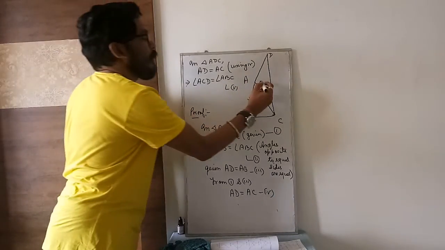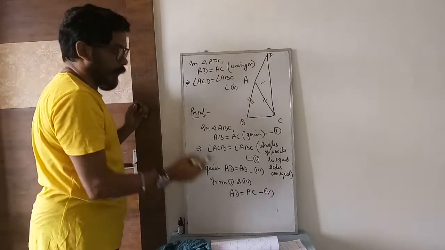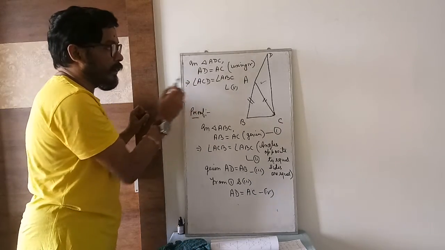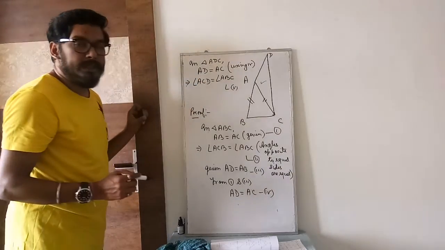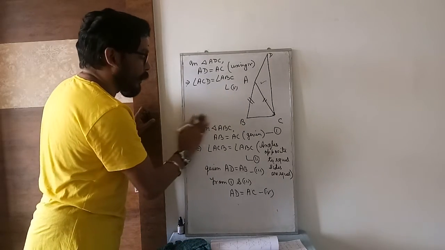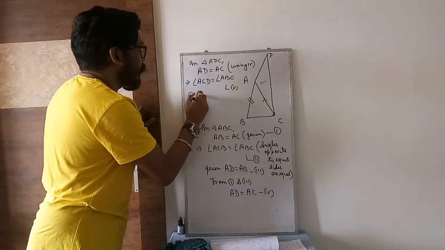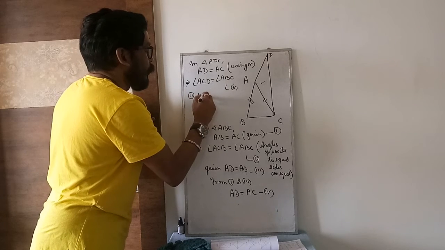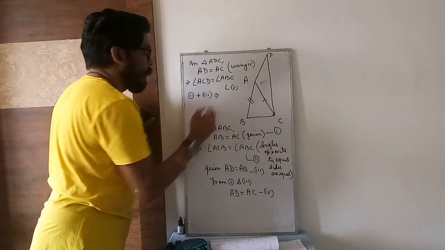Now you come to this very triangle, in triangle ADC. You can use this equation AD equal to AC. So AD opposite angle is ACD and AC opposite angle is ABC. Now what you can do? You can add up equation 2 and equation 3. Equation 2 plus equation 3 implies